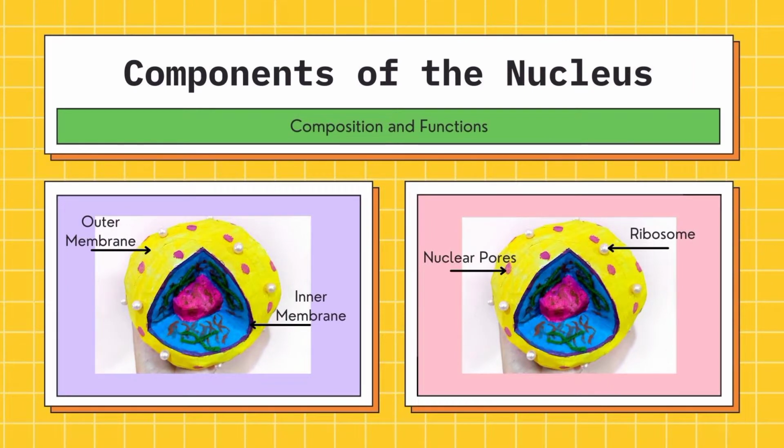The outer membrane of the nucleus is a two-layered structure that encloses the nucleus contents, with the outer layer connected to the endoplasmic reticulum. It has nuclear pores which regulate the flow of molecules between the nucleus and the cytoplasm. Beside it are the ribosomes that can either occur freely in the cytoplasm or on the outer surface of the membrane of the endoplasmic reticulum. Inside this outer membrane is the inner membrane, where the inside of it is the nucleoplasm,